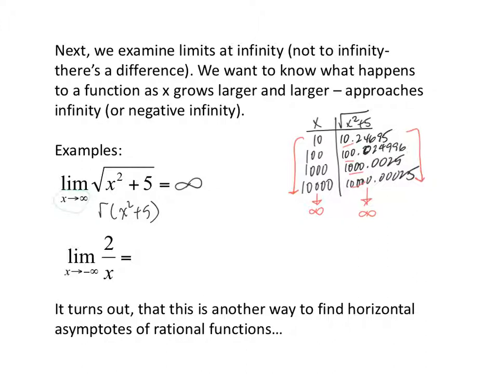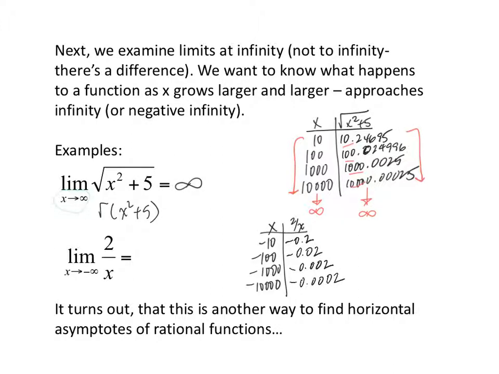Okay, we're going to do a similar thing here, taking a look at the limit of 2 over x as x approaches negative infinity. So what is that going to look like? Again, we're going to make our little table here, x, 2 over x, and this time we want x to approach negative infinity. Again, the sequence itself doesn't matter. It's just that the characteristic is that it approaches negative infinity fairly quickly, right? So basically, you're going to use the same numbers, just throw negatives in front of them. So go ahead, put that into your calculator, hit pause, and then come back and compare your results.